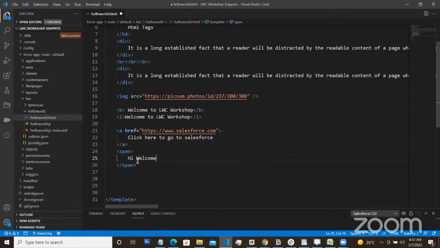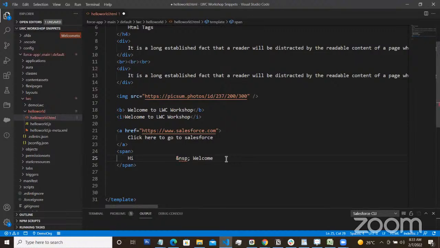So this particular space will give you only a single space, right? Consider you are pressing the space bar on your keyboard. This is generally a single space. Suppose I give more spaces here, even 10 or 20 spaces using the keyboard, the HTML will still not render them. It will render as a single space only. At the end of the day, if you look at it in the UI, you will see hi, a single space, welcome. If you want to give more spaces, then we go for a space character called